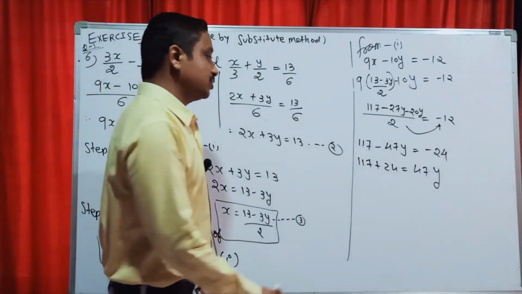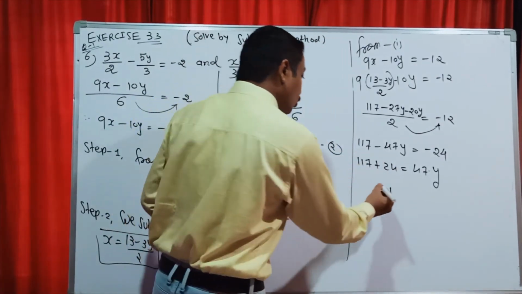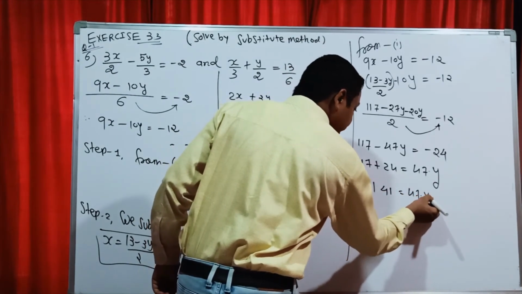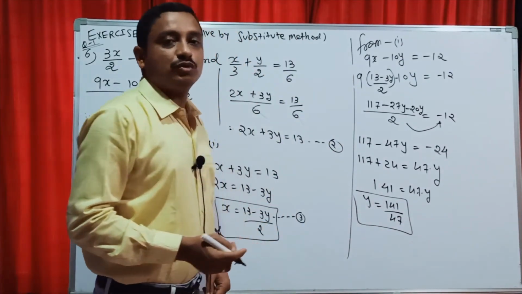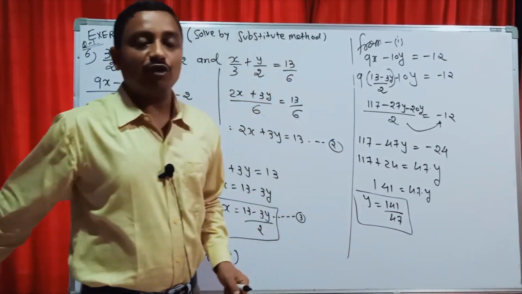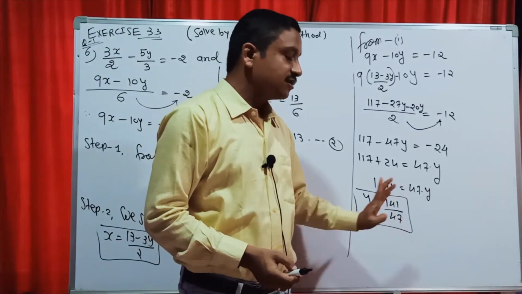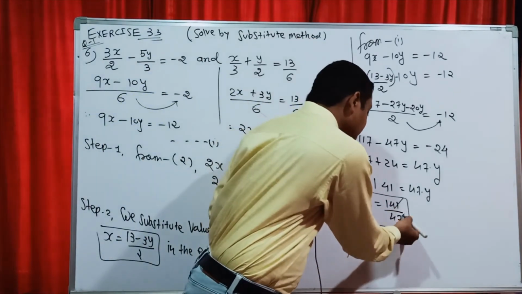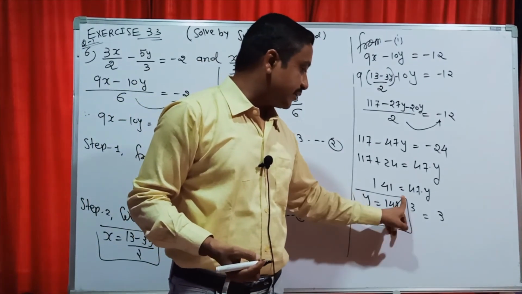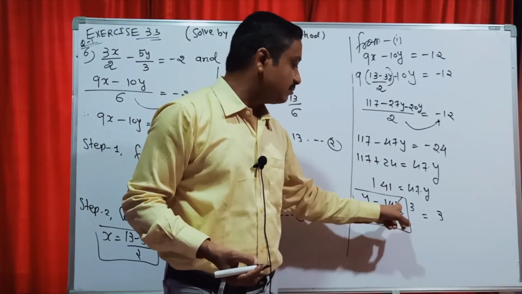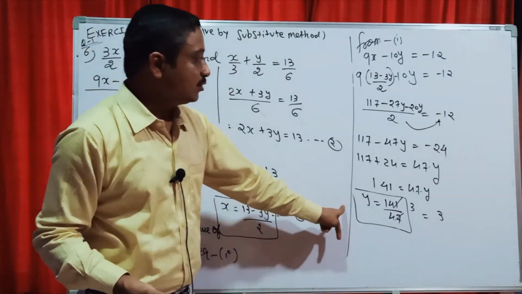Now students, you add them both. So 7 and 4, 1 carry, 2, 3 and 4. So 141 is equal to 47y. So y becomes 141 by 47. Now just divide them, 141 by 47. Yes, students, 47 is a multiple of 141. It is 3's. So my answer is y is equal to 3. Check: 7 3s are 21, 2 carry, then multiply, it is 14. Yes, y is equal to 3.